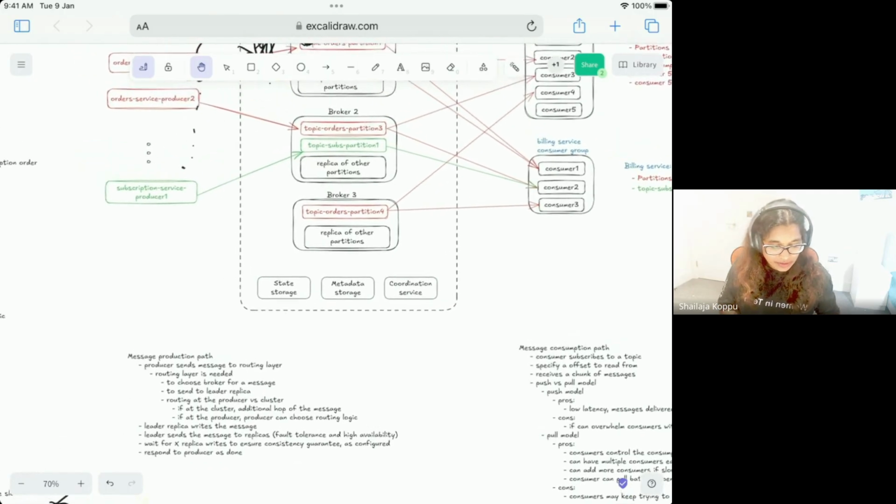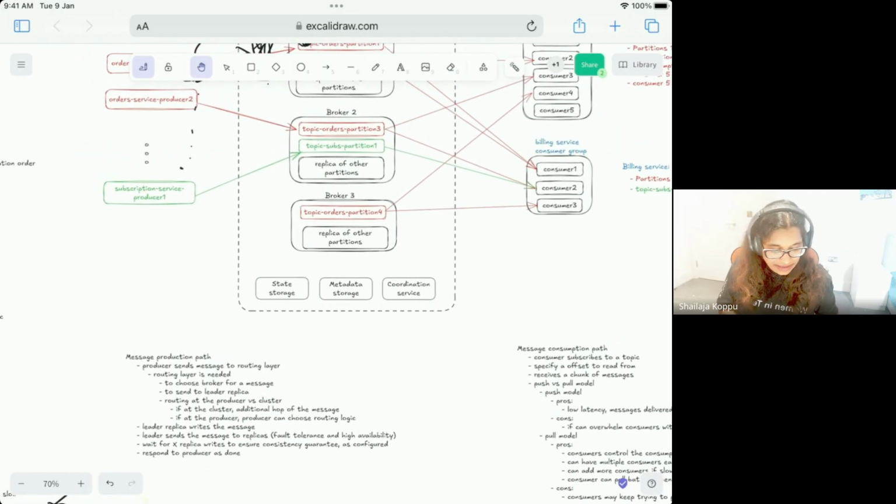Now let's just look into the overall design, end to end. So the producer is a client. That's a simple application. It could be a simple Java application, Python application, it could be anything. In our example, in our previous session, we assumed that, for example, on Amazon, there is an order system, there is a subscription system. The order service has multiple instances running, and the subscription service has some producers running, or one producer.